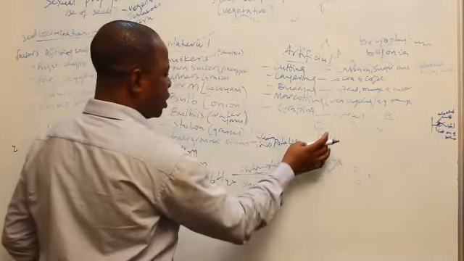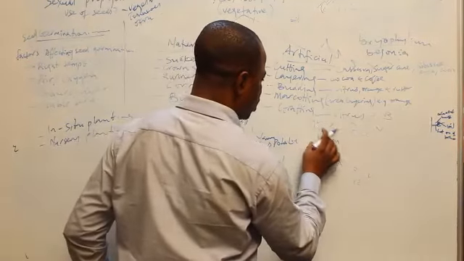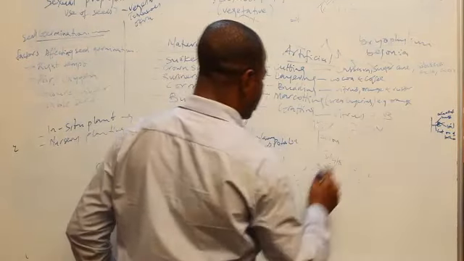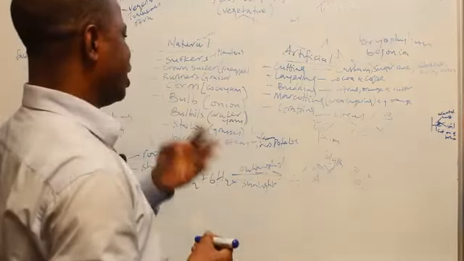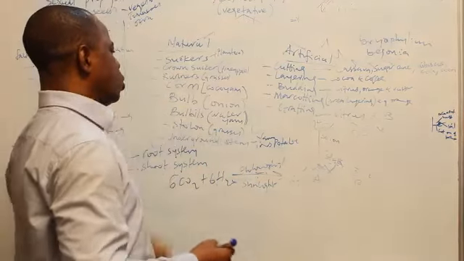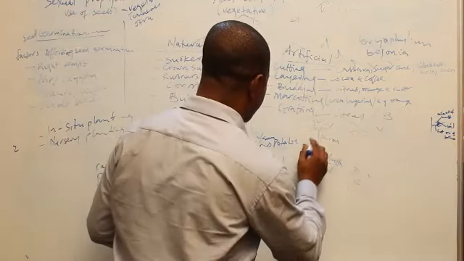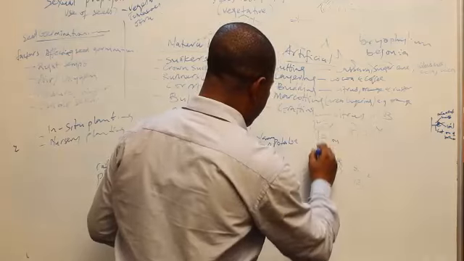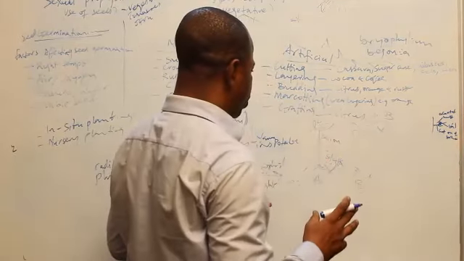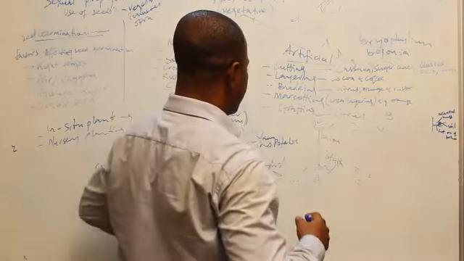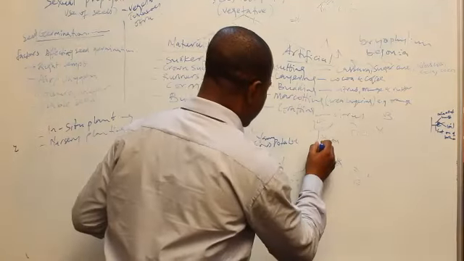What do we do? We cut the scion of this. We remove the scion of this and place it. That process is called grafting. For you to do grafting, you look for a sharp grafting knife, and then you cut the plant. The two of them must be of the same age and relative sizes. Then you cut it